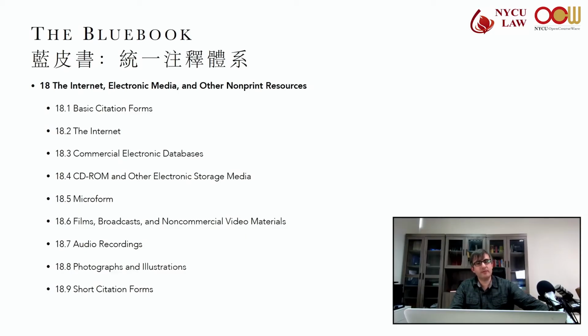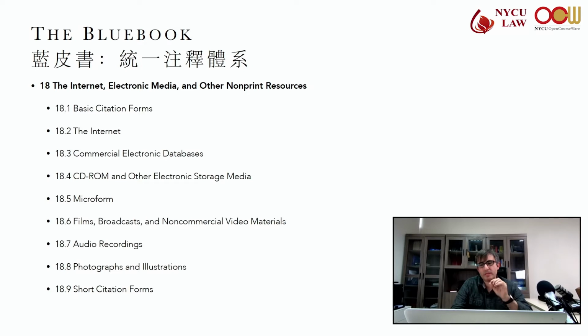So basic citation forms. What are we talking about here? This is in Rule 18.1. There are a lot of citation forms that can be attributed to the internet, electronic media, etc. From web pages, blogs, to podcasts, non-commercial recordings, social media posts, that sort of thing.